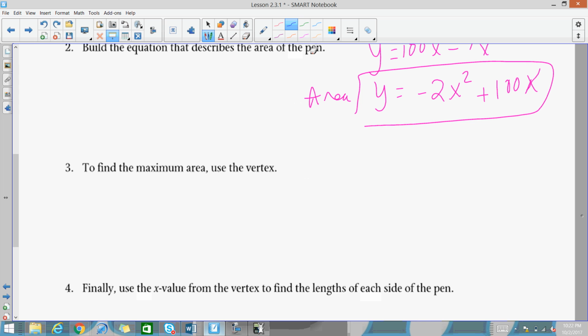To find the maximum area, like I said before, we should be saying vertex. So x equals negative b. In this problem, you don't have a c. Your b is 100. So negative 100 over